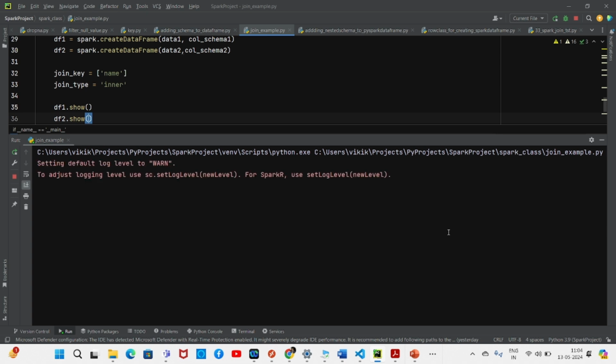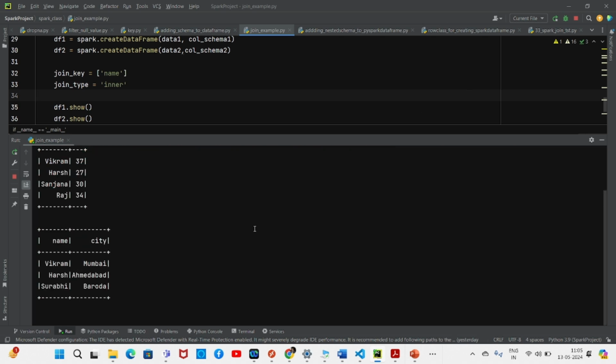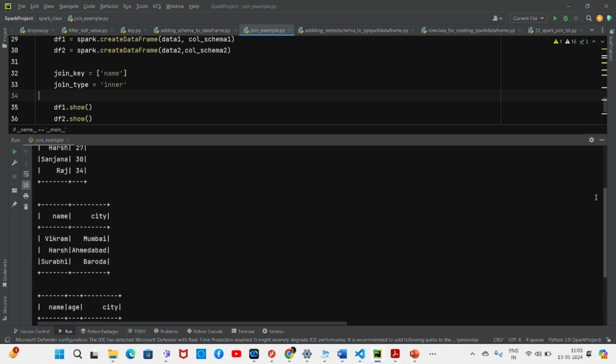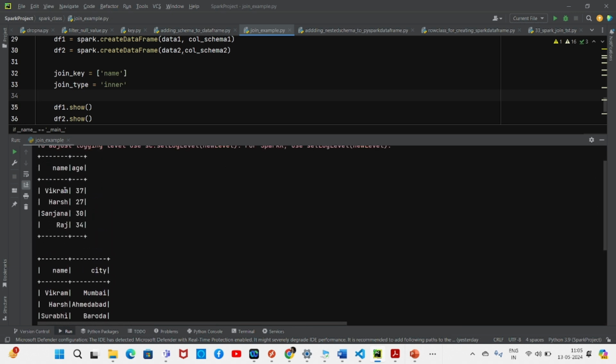So this is quite simple. So it is getting executed. Let us wait for some time. Okay, fine. Now, if you see, this is data frame 1, which has Vikram 37, Harsh 27, Sanjana